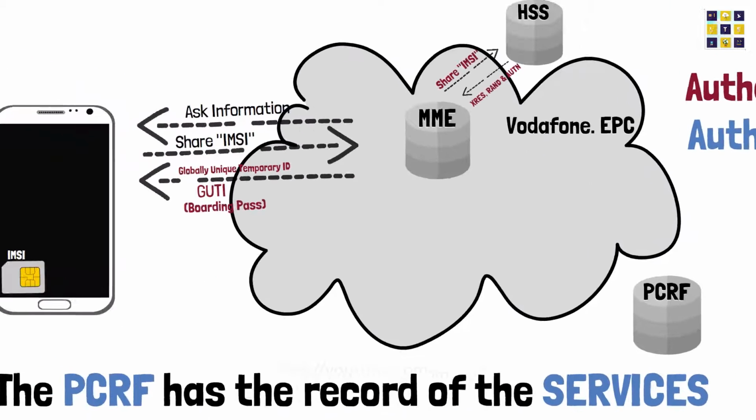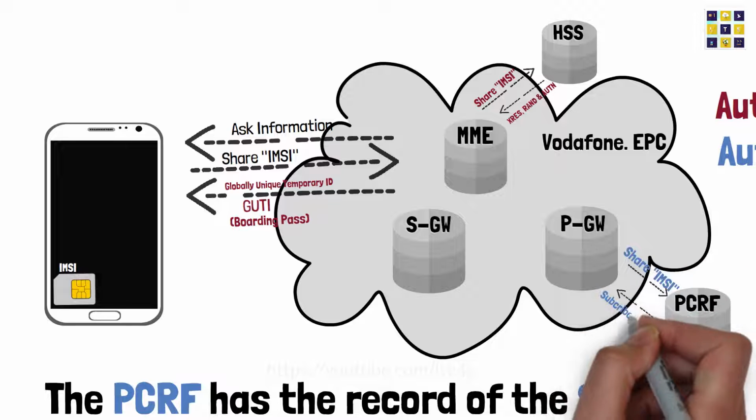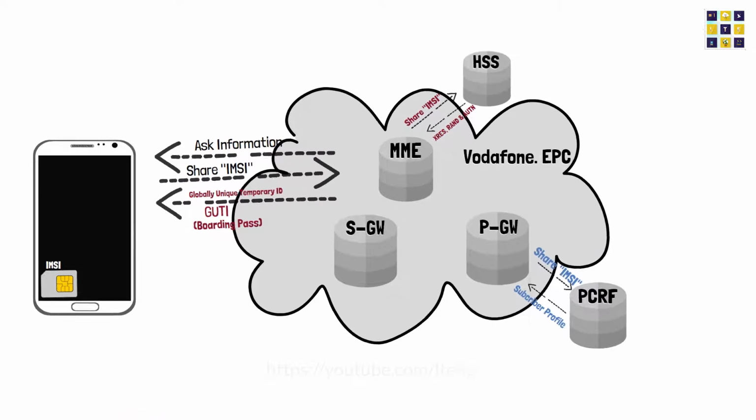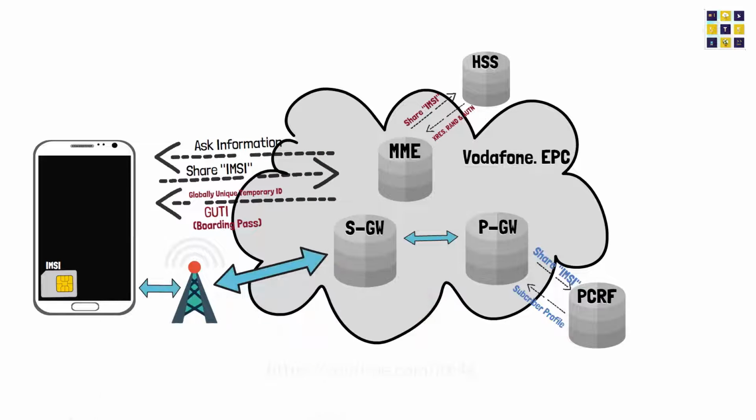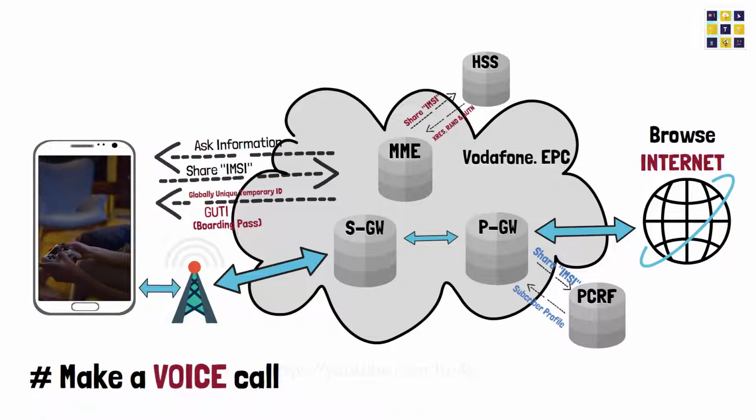Once on board, the captain or the serving gateway, also SGW, is in charge of the services, and with the help of flight attendant, that is Packet Data Network Gateway or PGW, serves the user. PGW gets the subscriber profile from PCRF and enforces the services for the user. After this, the user is able to browse the internet, make a voice call or use other services such as